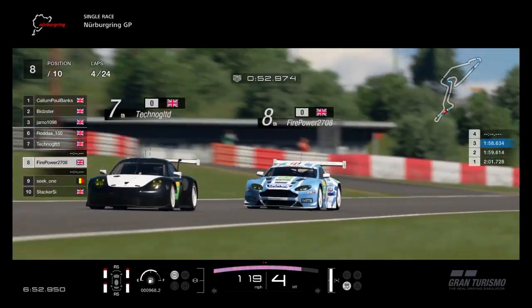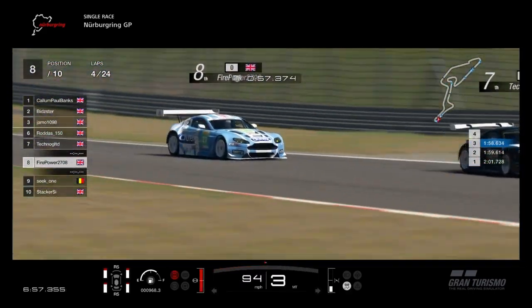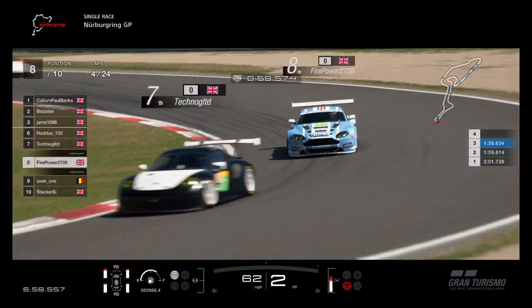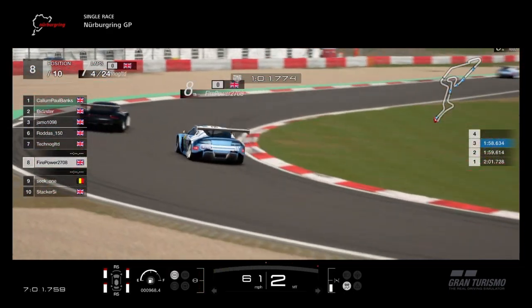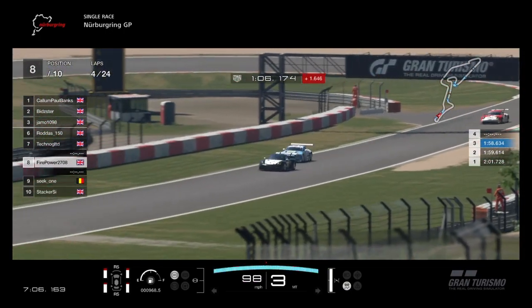He's not over yet, because Firepower could get back through on the straight. Let's have a look down towards the hairpin. Firepower goes for the inside, but no, backs out of it, not going to bother to do it. So Techno grabs second place there. As we go up out of the corner, Firepower gets the power on in the Aston, but the Porsche is